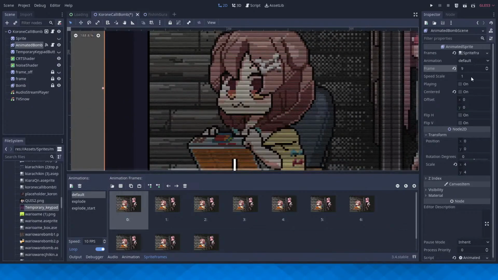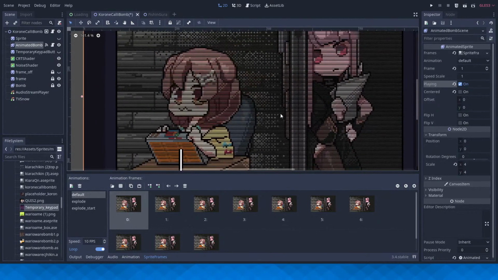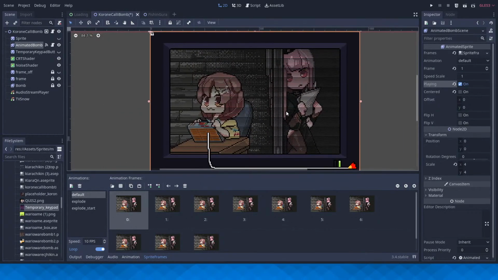Okay, so if I just play default now, does this loop correctly? Looks like it does, I think. It's probably fine. Alright. So now that we have a looping animation, I'm gonna save real quick.